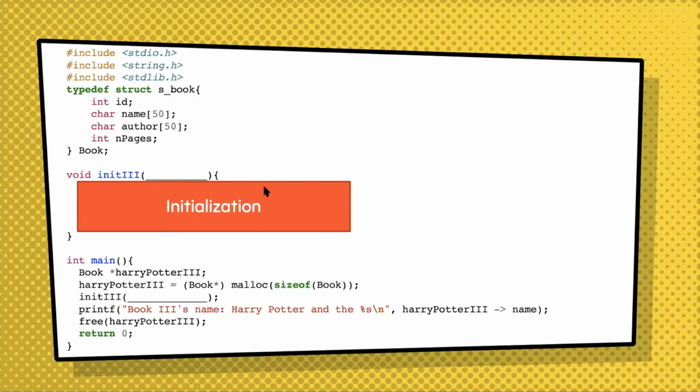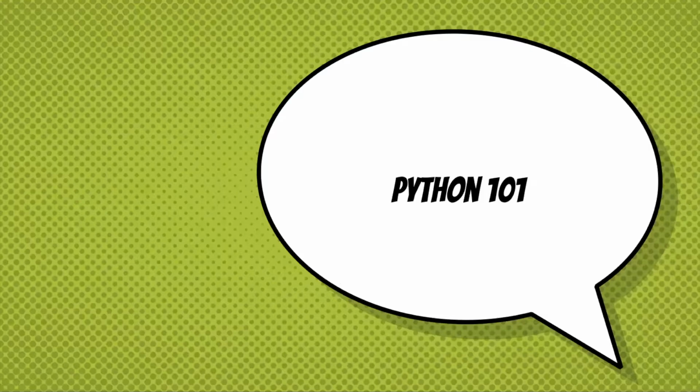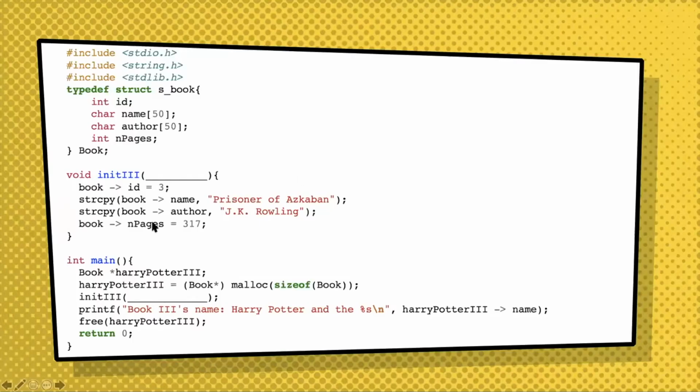Actually, let me just finish this initialization first. So here, this is the initialization that I want to put over here. This is the initialization, and here what you want to put. Let me turn on my annotate. Okay. So here, what you want to put is Harry Potter